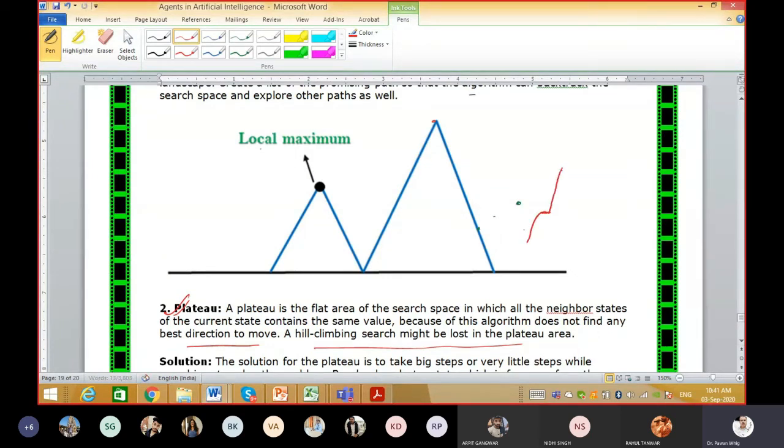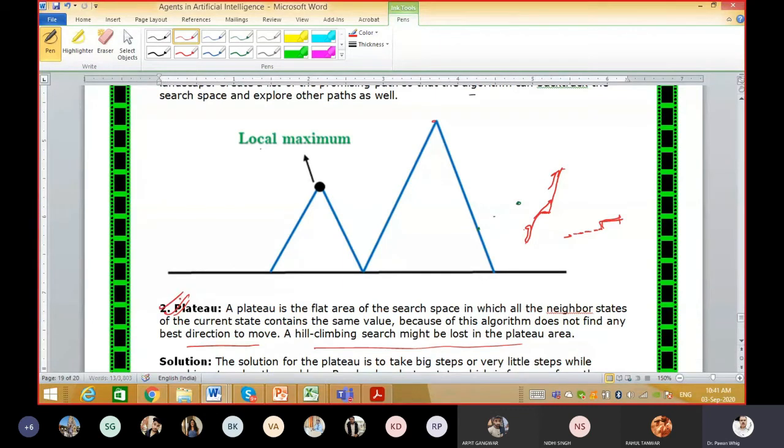If you take a big step, maybe you avoid this flat surface. Rather than a small step, because if you take a small step, maybe the flat surface will come. But if you take big steps, like 100 meters or 10 meters, I am just giving you an example, no dimension is there, you will definitely avoid this plateau.